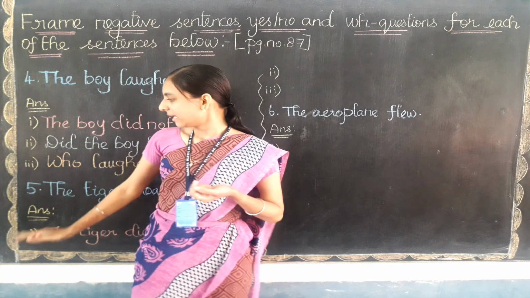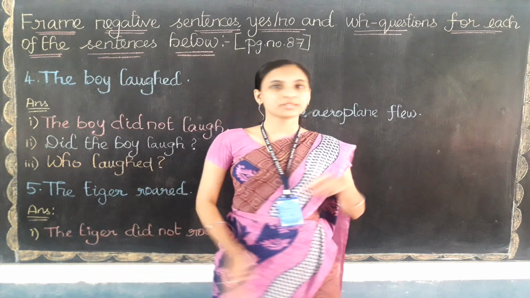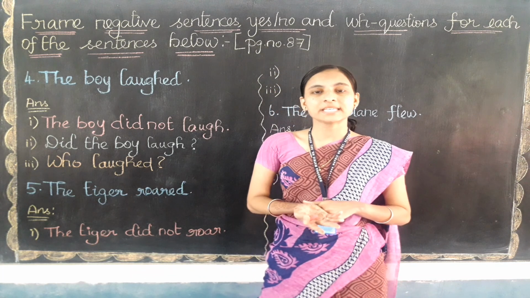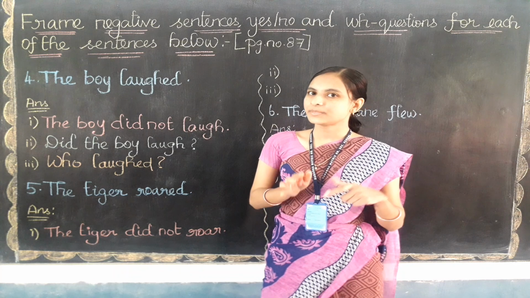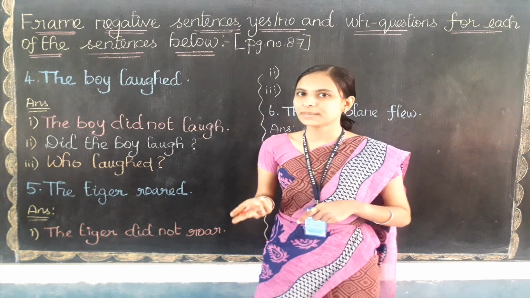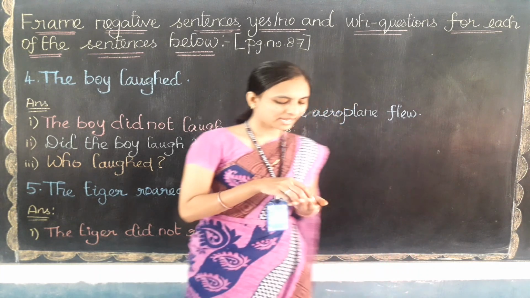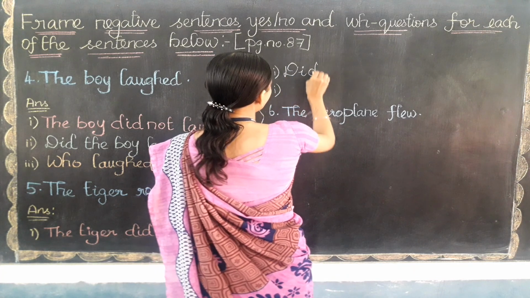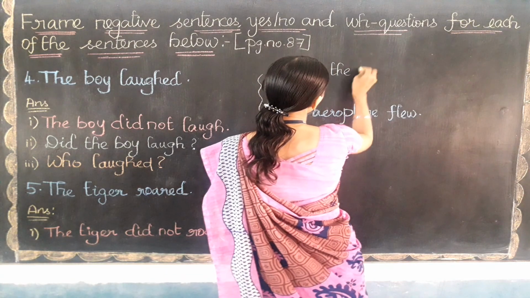Okay? So let's make the yes or no question for the sentence. I don't have a place, so that's why we can continue here. So the tiger roared. So for making yes or no question, we need to put the do family verb first, then subject, and then the base form. So here for all the subject in past form, we are going to use only did only. So I can directly write did. Then the subject. What will be the subject? The tiger. Did the tiger.